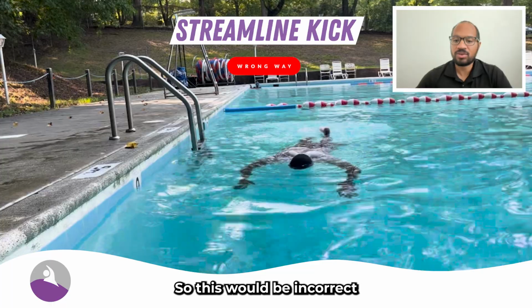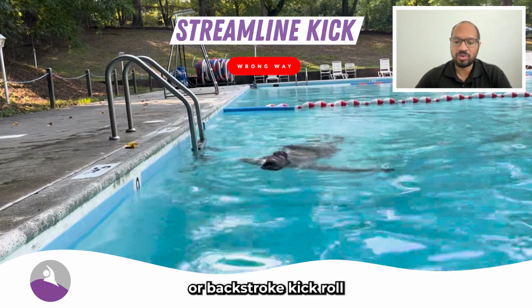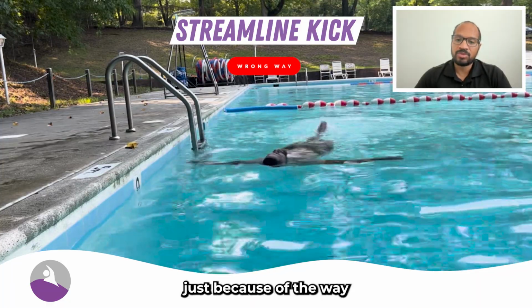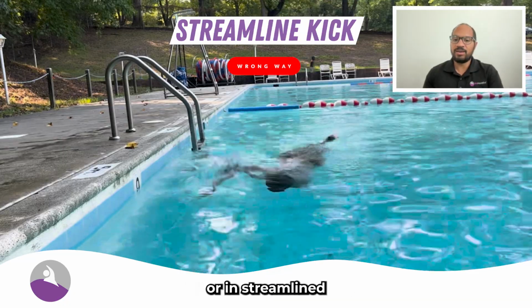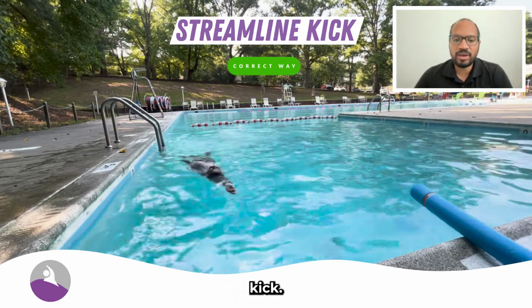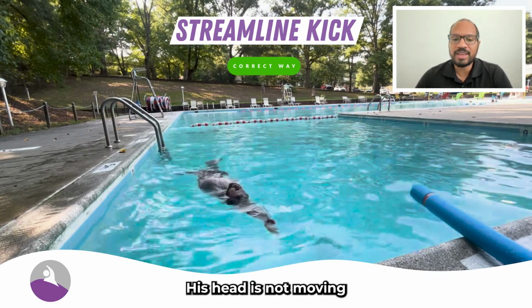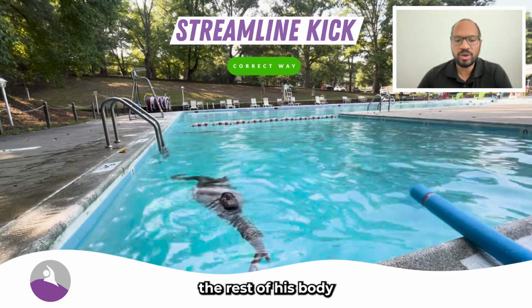So this would be incorrect kick, freestyle or backstroke kick, roll to the front or to the back, just because of the way his arms should be all the way straight down to his side or in streamlined position. It's a little bit more technical. This is his backstroke kick. He turns to his front, but with controlled movements. His head is not moving when he's on his back, no matter what the rest of his body is doing,